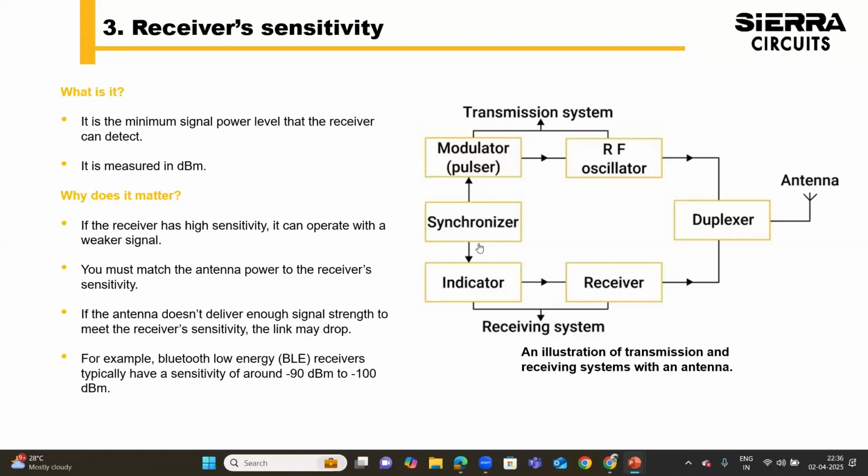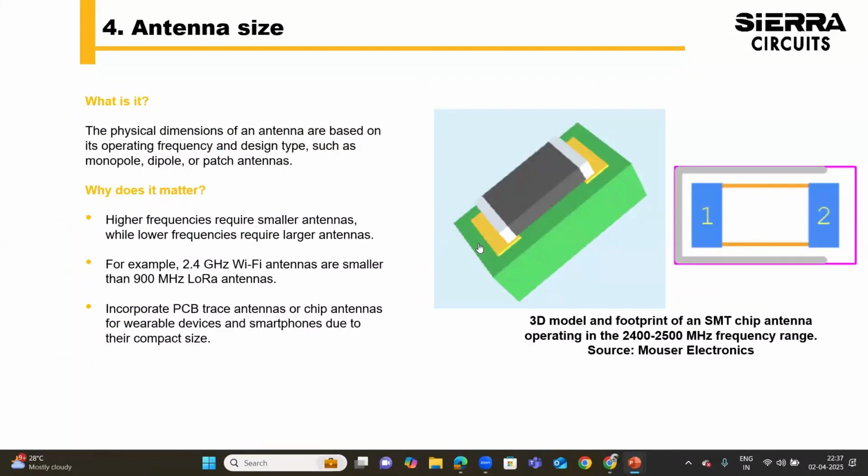If the antenna doesn't deliver enough signal strength to meet the receiver's sensitivity, then the link might drop. For instance, the Bluetooth low energy receivers typically have a sensitivity of around minus 90 decibel milliwatt to minus 10 decibel milliwatt. So size plays a crucial